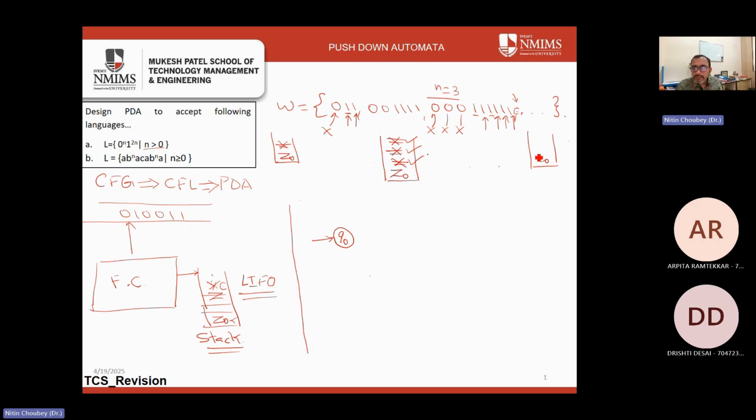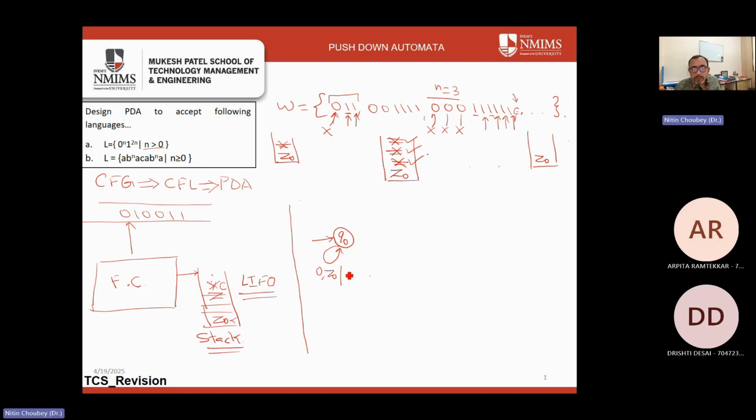So at the beginning, we will have Z0. And since the value of n is greater than 1, our minimum length string is this. That means the first symbol, if it is a valid string, is 0. So what we will do is 0, comma Z0. That means in Q0, when the input was 0 and on the stack top we have Z0,